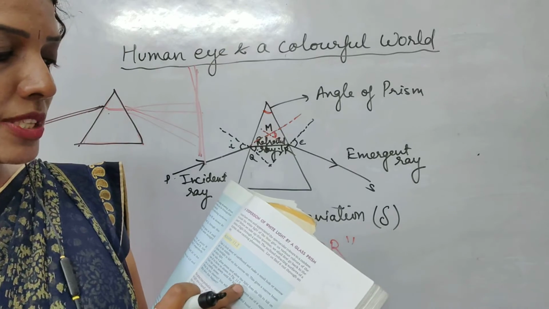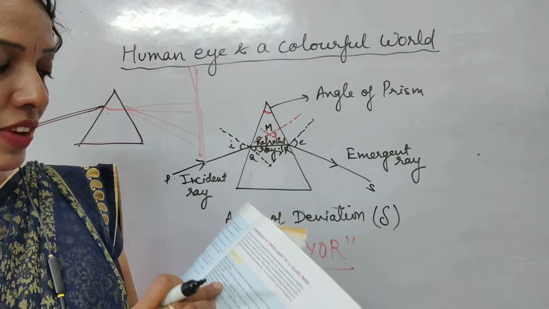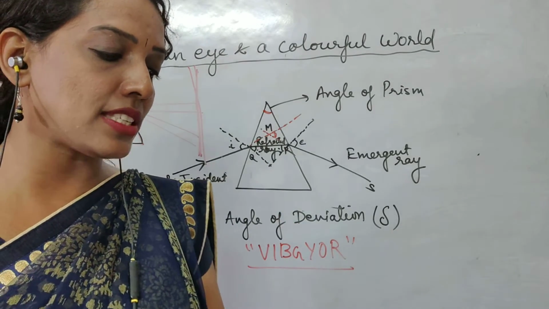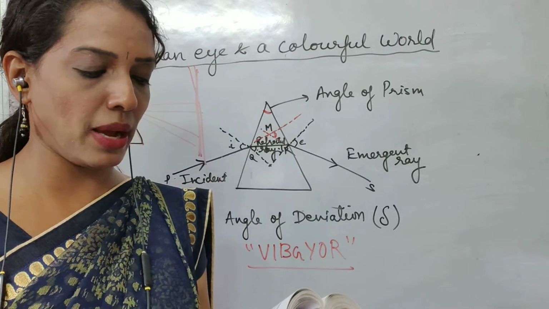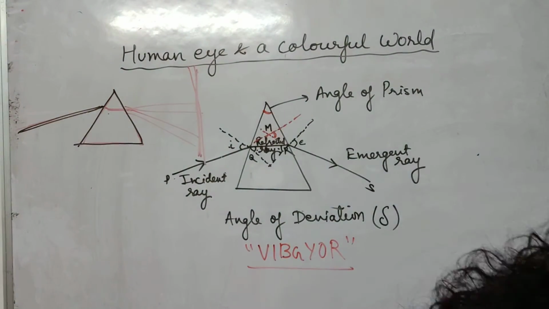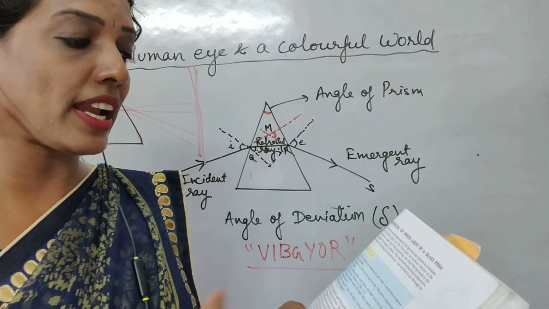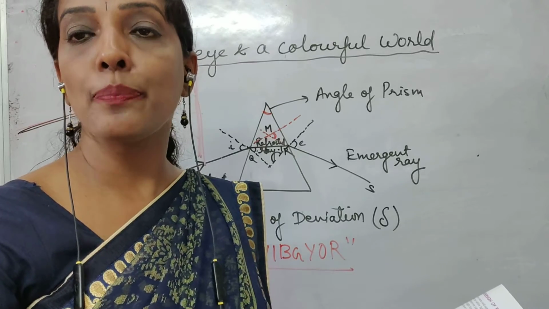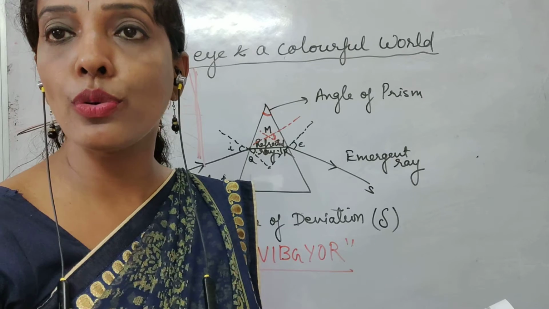Now take the glass prism and allow the light from the slit to fall on one of its faces as shown. Then turn the prism slowly until the light comes out from it and appears on the nearby screen. In the book itself they are asking, what do you observe? You will find a beautiful band of colors. Why does this happen? These were the different steps you have to do.